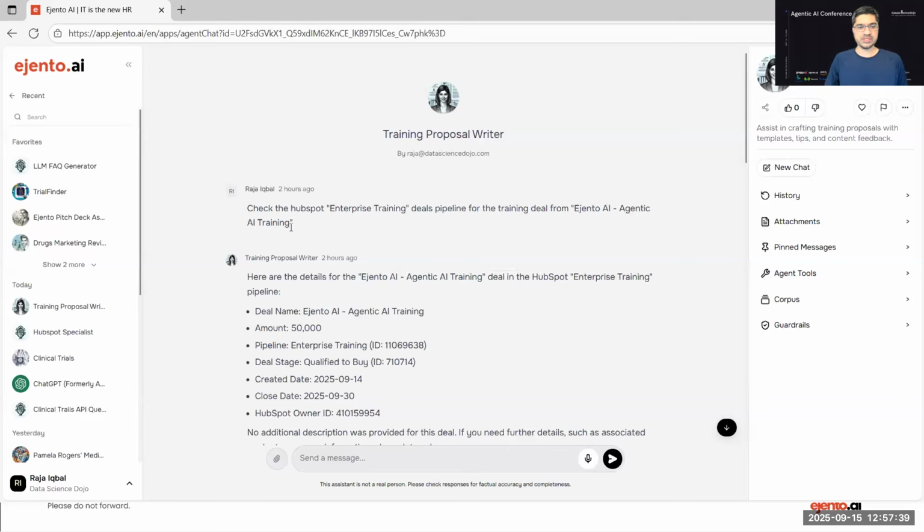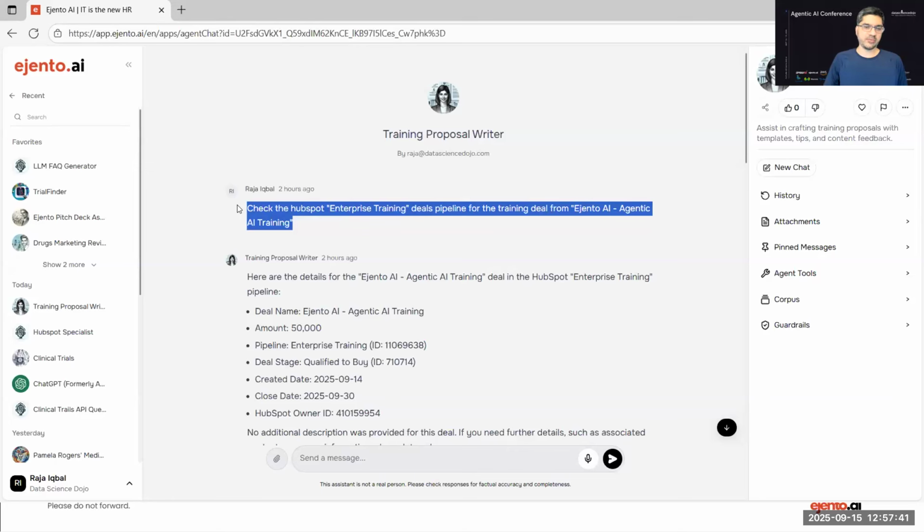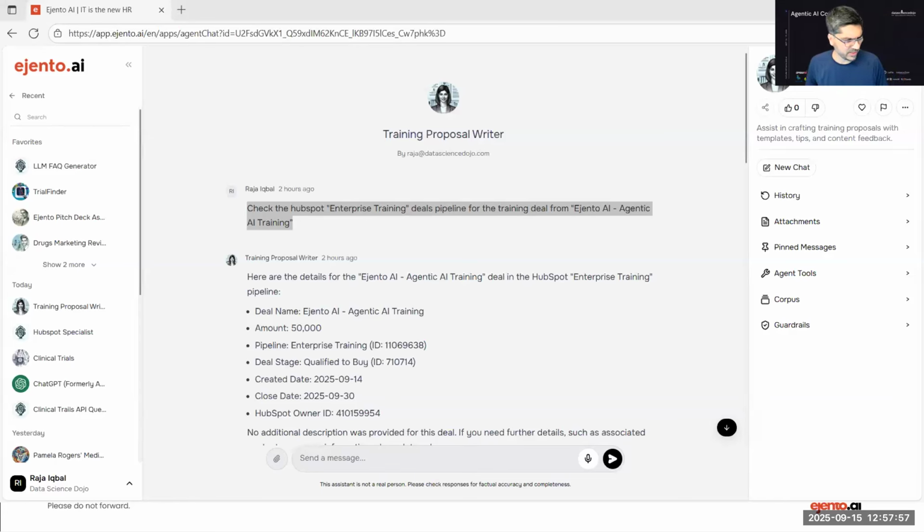So I asked it a question: check the HubSpot enterprise training deals pipeline for Ejento AI, Agentic AI training. Let me see what it looks like. I think it might not be very helpful, but basically it is some information.